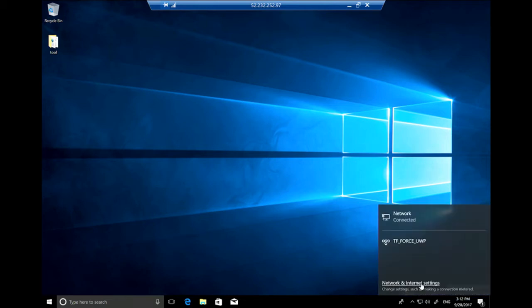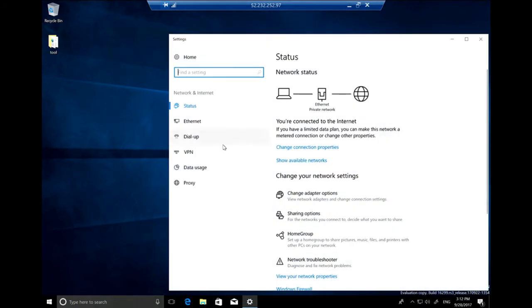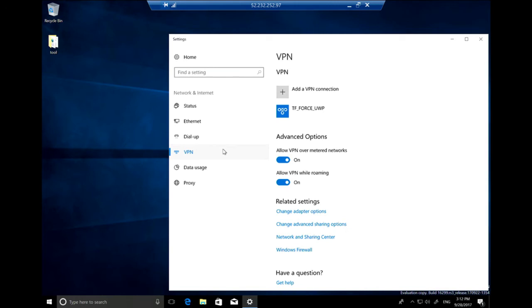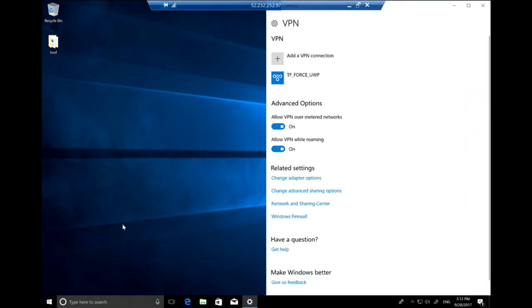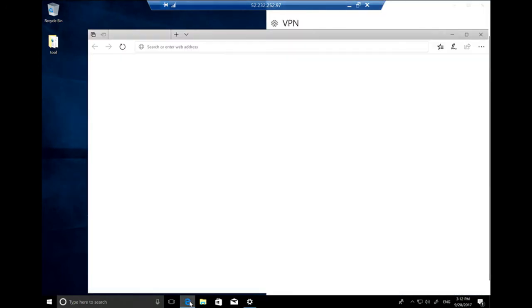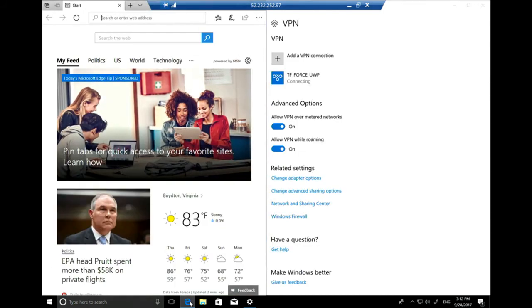So I shall again launch the settings UI. I'm just doing that because that makes it easy to see as I launch this. So as I launch Edge and put this on the side, we see VPN starts to connect. And it is connected. Now what we will see is if I try to go to HR web again,